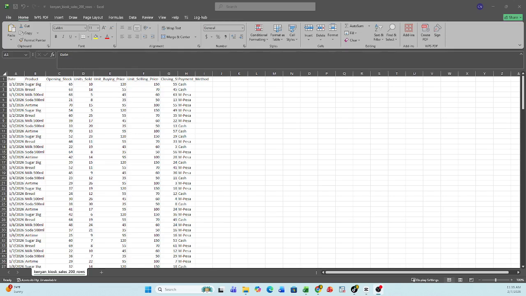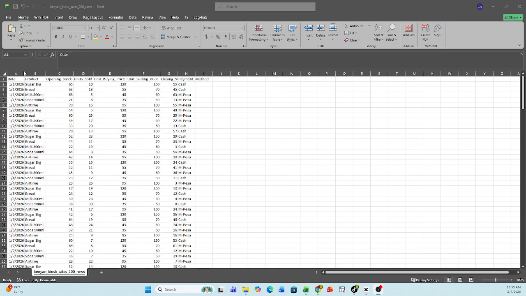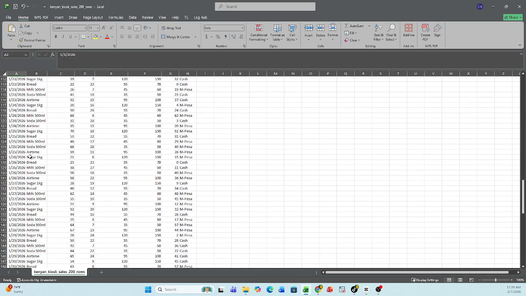Data analysis for business is intelligent. As I said, I will simulate some transaction for a typical shopkeeper for 1 month. For instance, if you can see in my data I have here, this is a typical transaction for one month, and it's running from date 1 January 2026 to